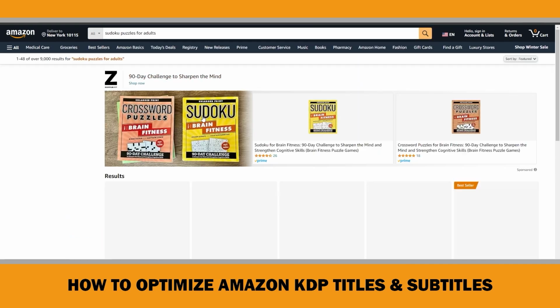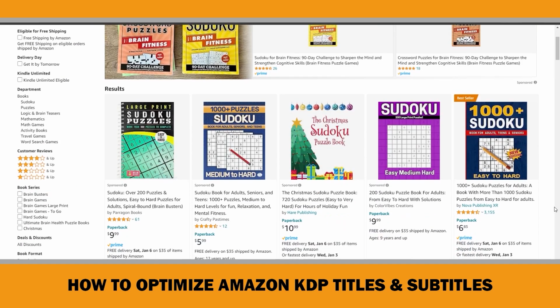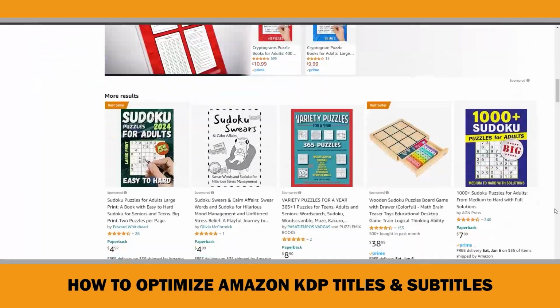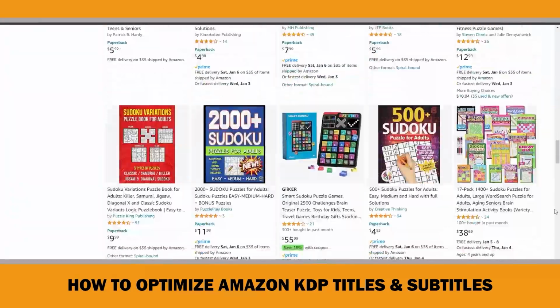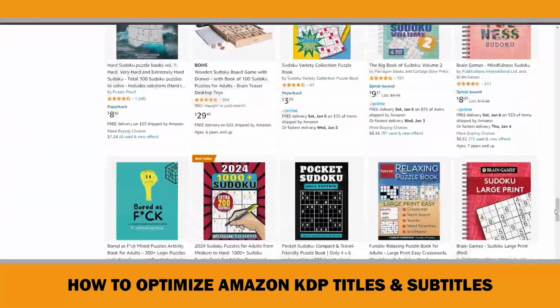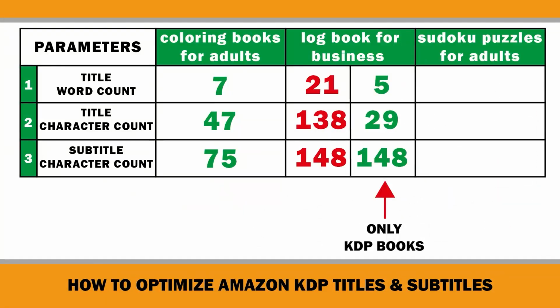Finally, let's also check the search term Sudoku puzzles for adults. When I did this experiment, there were 45 organically ranked books on the first page of the search results. Half of these books were KDP books. The average word count of the title was 8 words. The average character count of the title was 49 characters. The average character count of the subtitle was